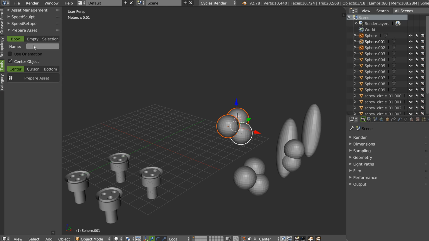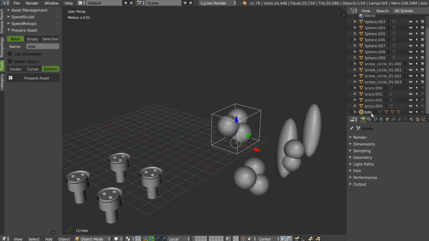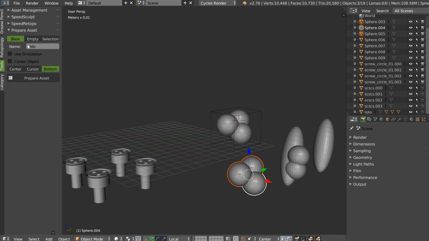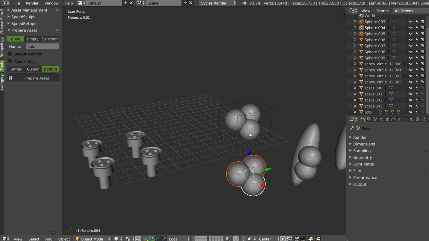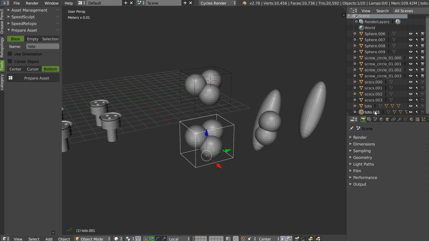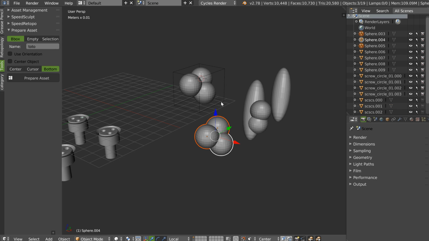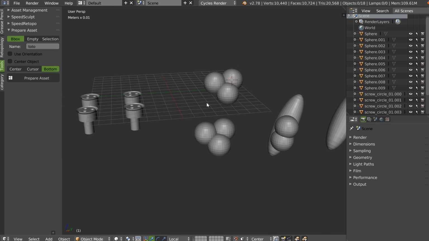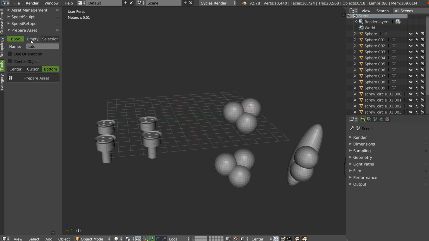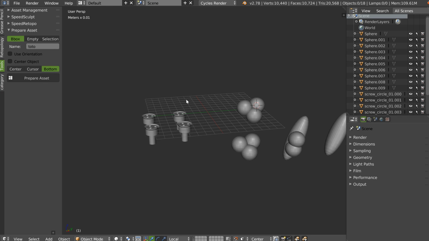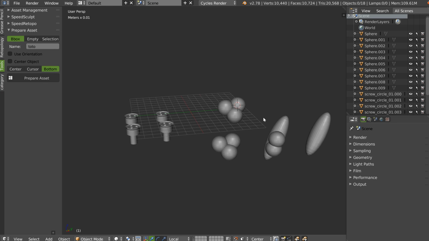Okay, so you can name it if you want. I will not do this, I will do this. And as you can see, I have this one. If I keep the same name and start with another selection, you will have the same name with .001. Okay. You can remove this. This is it for the bbox. As you can see, this is simple, and you can select everything you want.